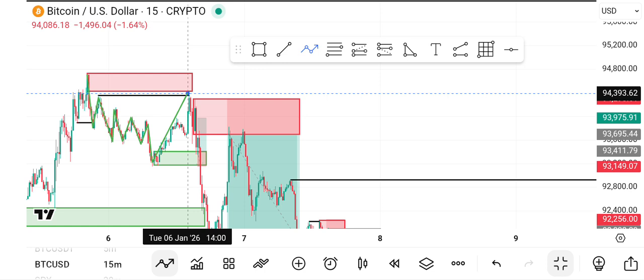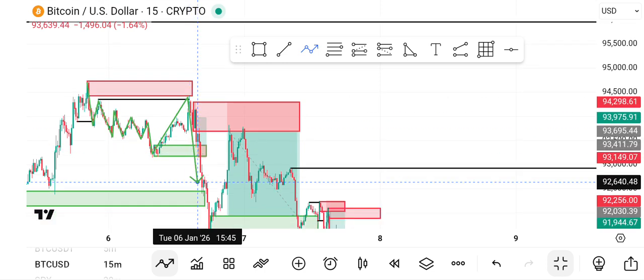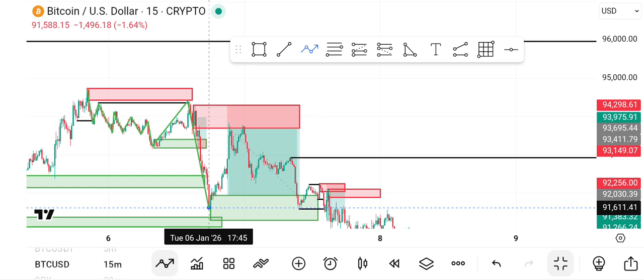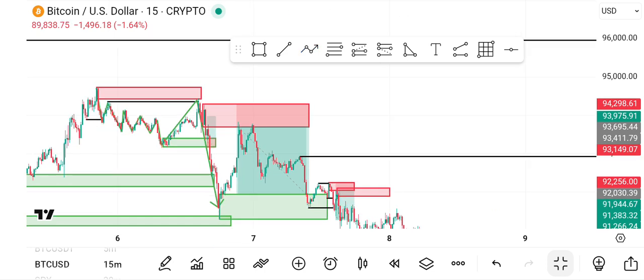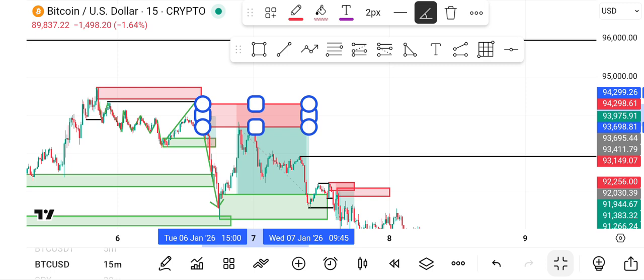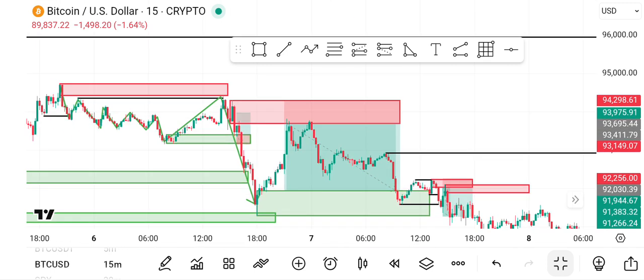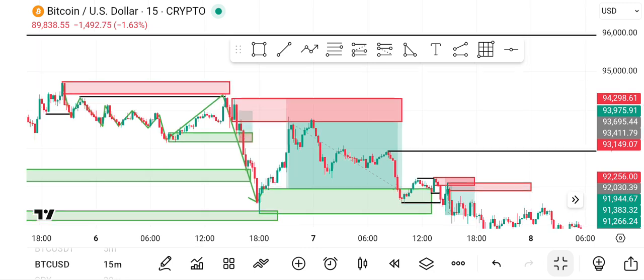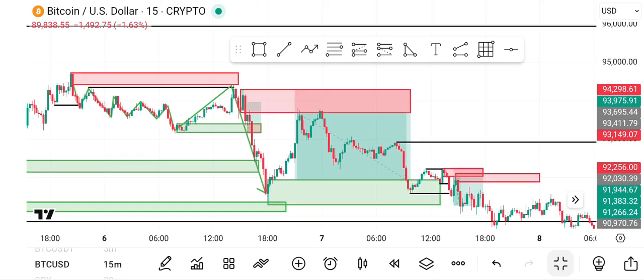So this gratifies the liquidity right there and all the way down here. Because this is the first supply zone in the trade, we never anticipated such a move in the market, because if you look at the way right here, transparency is key. We actually anticipated the buy with a 2.15 risk to reward ratio, never ended up happening, and because of that sell off